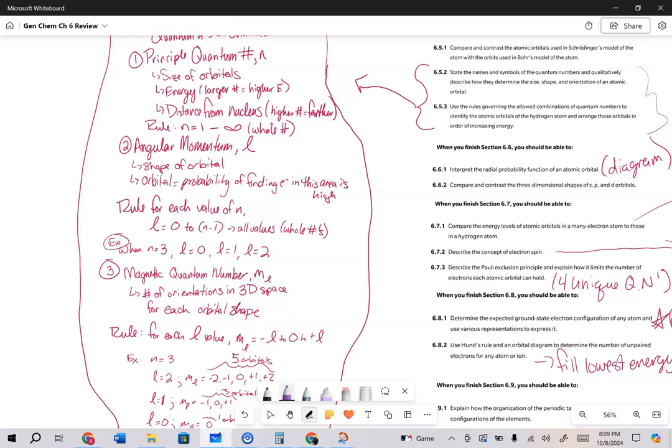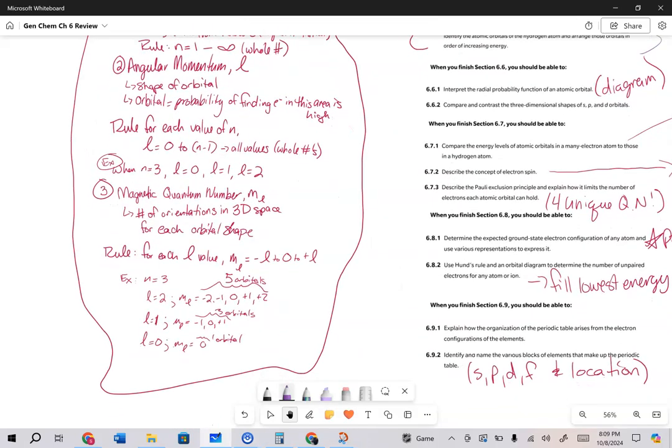The rule for n is that it has to be a number from 1 to infinity, and it must be a whole number. n cannot be 0 is a big takeaway there, because every other quantum number has a 0 except for ms. So rule number 2